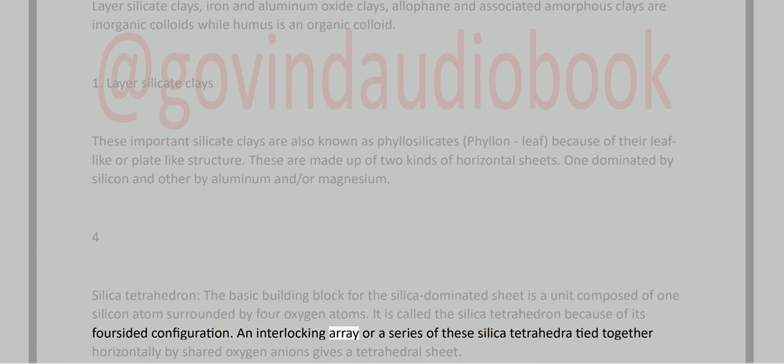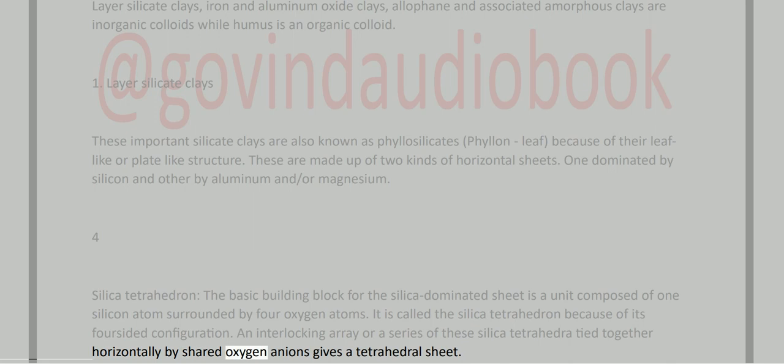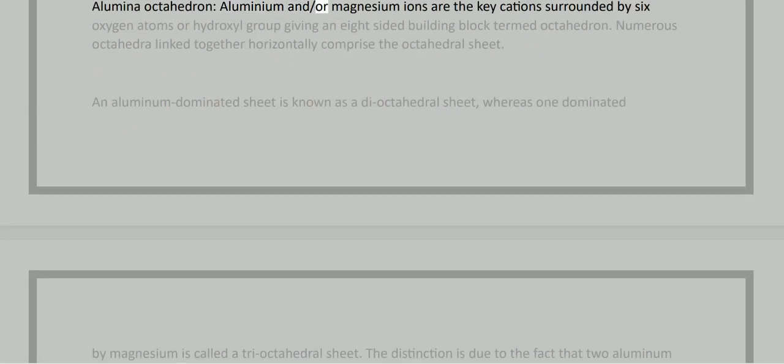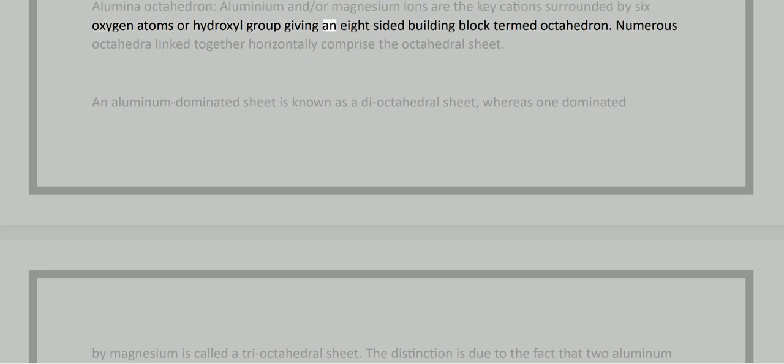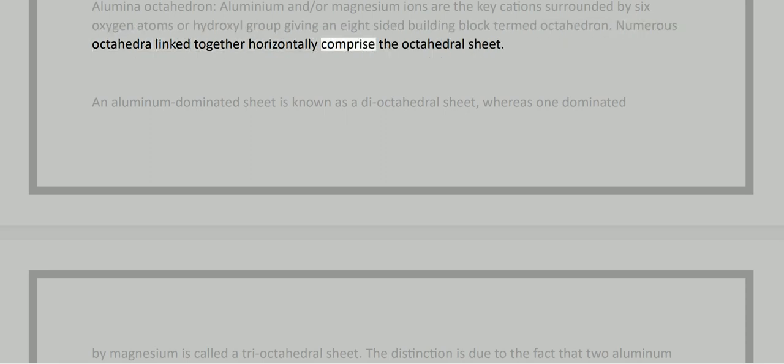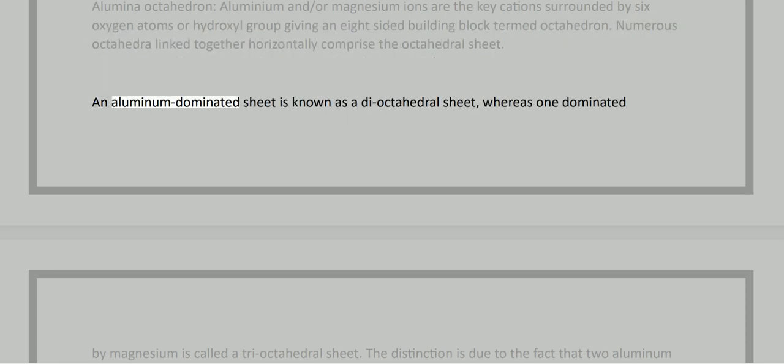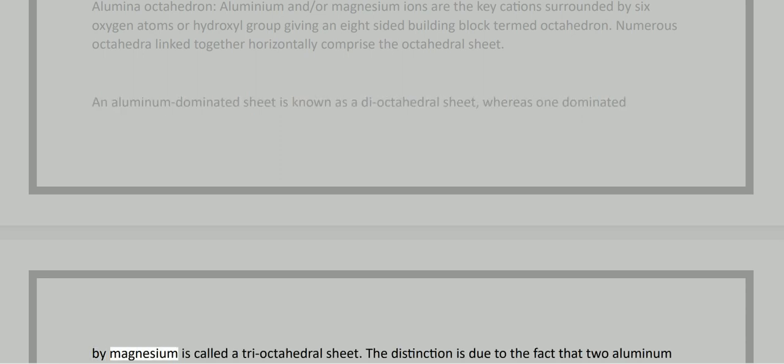An interlocking array of these silica tetrahedra tied together horizontally by shared oxygen anions gives a tetrahedral sheet. Alumina octahedron: aluminium and/or magnesium ions are the key cations surrounded by 6 oxygen atoms or hydroxyl groups, giving an 8-sided building block termed octahedron. Numerous octahedra linked together horizontally comprise the octahedral sheet. An aluminum-dominated sheet is known as a dioctahedral sheet, whereas one dominated by magnesium is called a trioctahedral sheet. The distinction is due to the fact that 2 aluminum